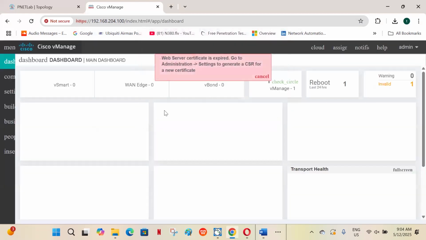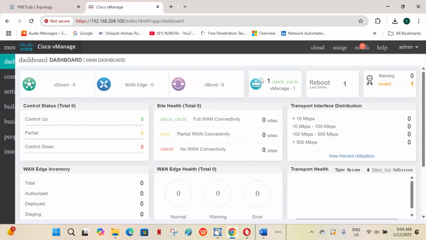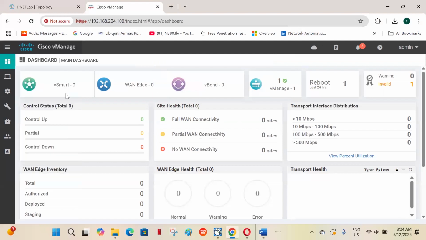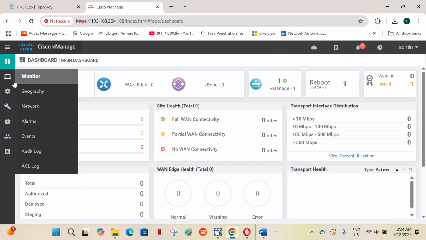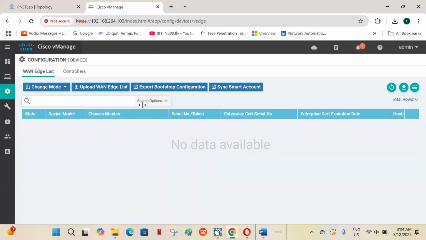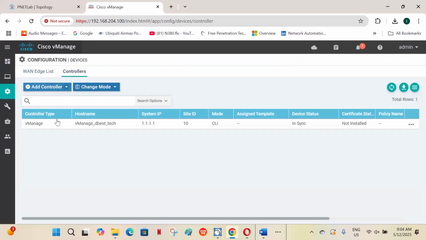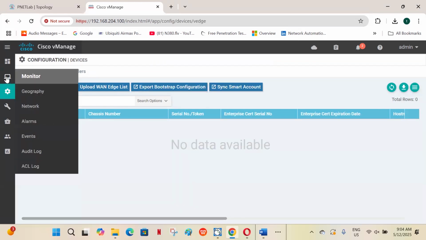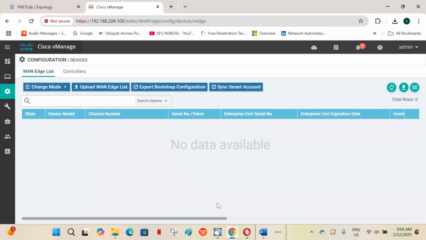Okay. So you can see your vManage. You can see vSmart is 0 because we've not been able to add it. We've not added any vEdge and we've not added any vBond. The only thing we've added is vManage. And you can see vManage here. So most things will still be empty now, even under the controller, you can see it's only vManage we have. vEdge, we don't have anything. So let's go and add our